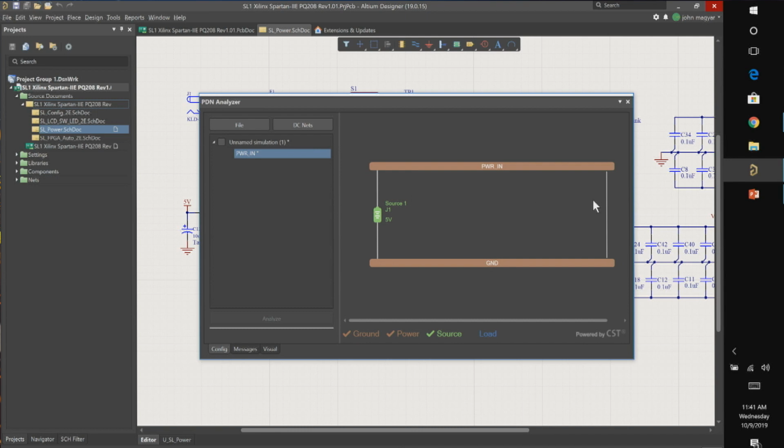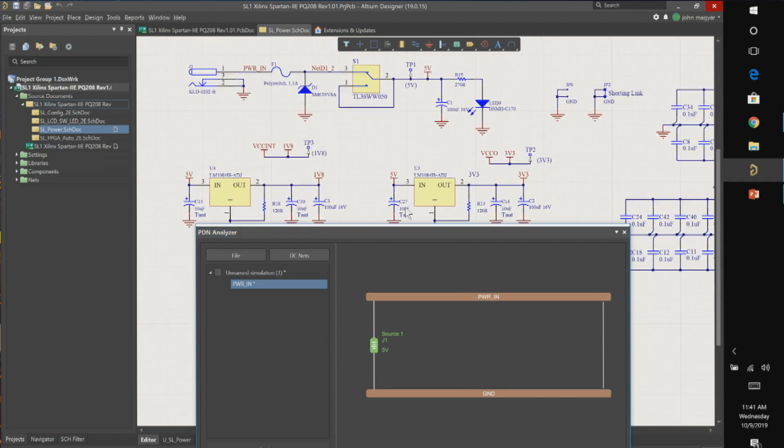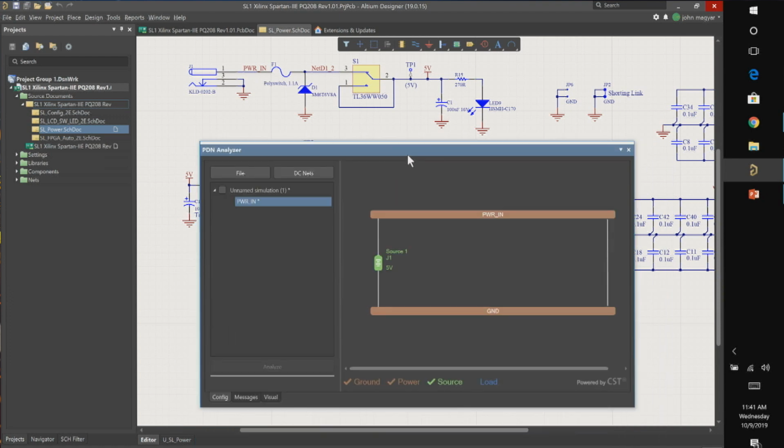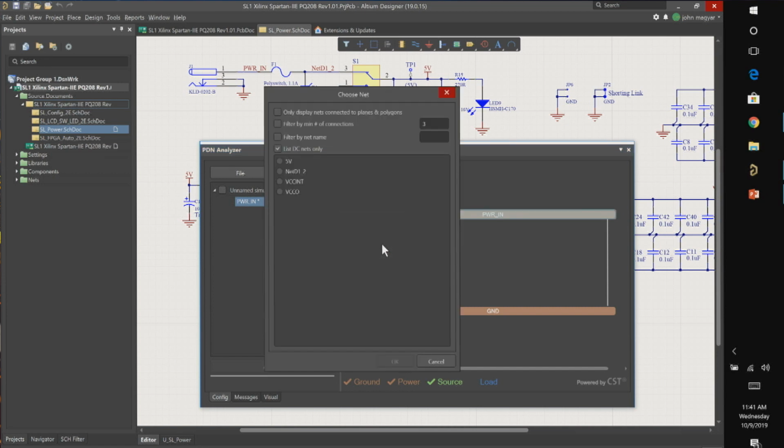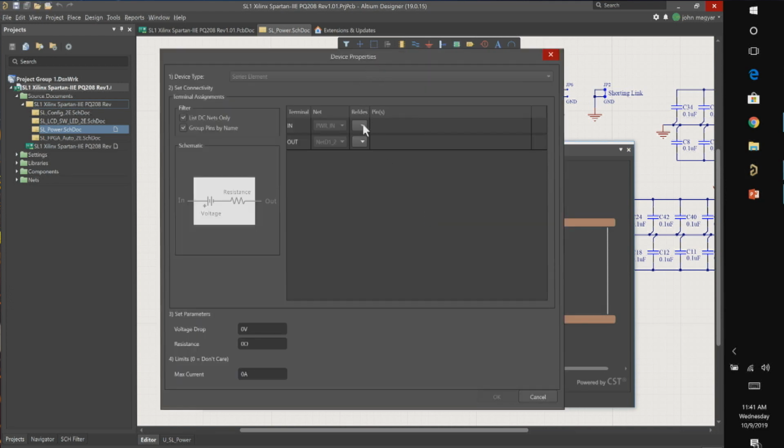Now let's take a look at drawing this out a little more accurately. In future releases, we're considering things like maybe embedding some types of compiler directives to make this easier, so you just drop these things in the schematic, and it will create all this network for you. From power in, I want to go through this fuse and through the switch, and we'll very quickly build up this path. One of the things I can do is extend this net, and I want to extend power in to the next level, net D1. That's the fuse, that's F1, and I'm not concerned about any